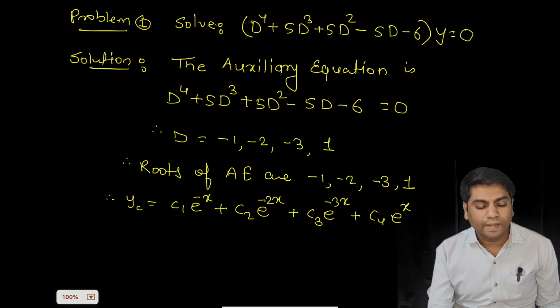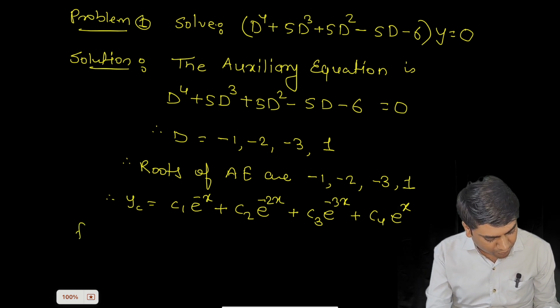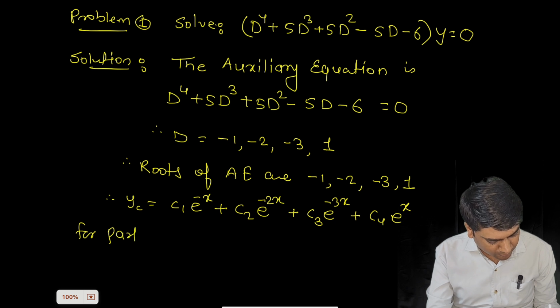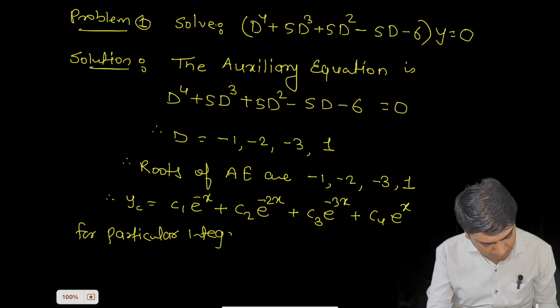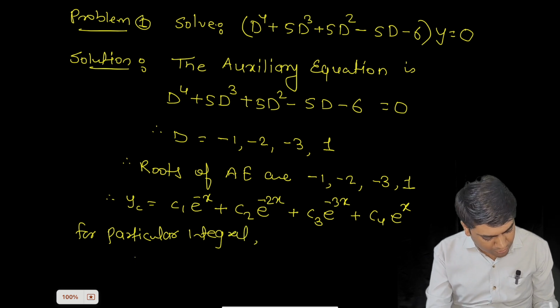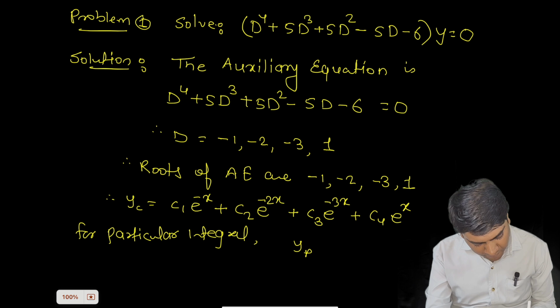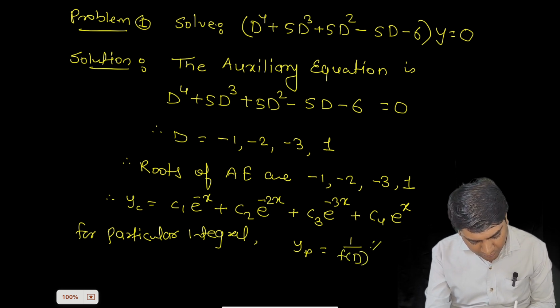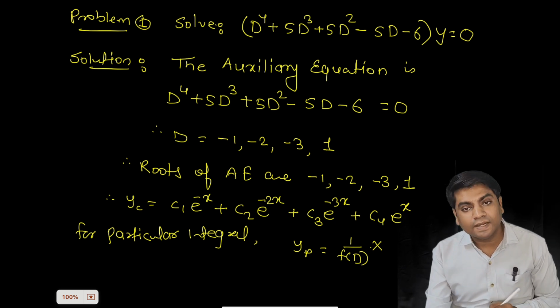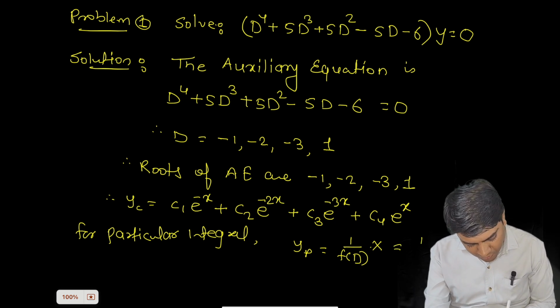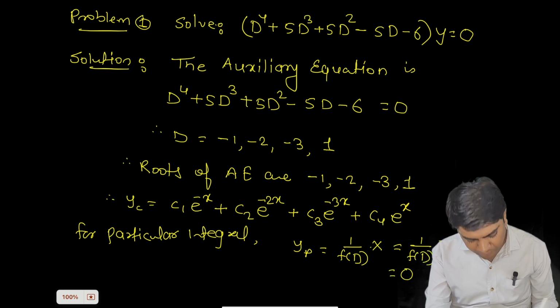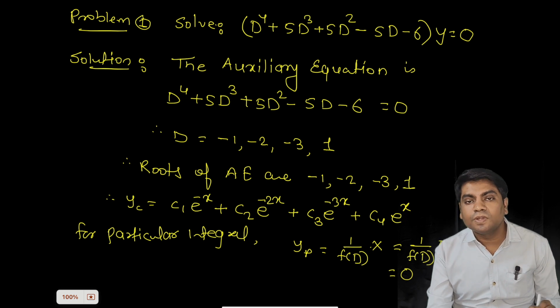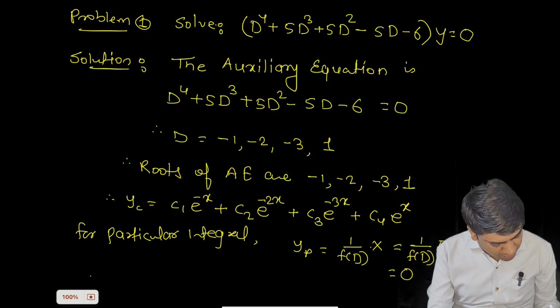Now we have to find particular integral. तो particular integral के लिए, okay, so yp is equal to 1 upon f of d into X, and here see on the right hand side X is equal to 0, so which is equal to 1 upon f of d into 0, which is equal to 0. So इस क्वेश्चन में पर्टिकुलर इंटीग्रल की वैल्यू 0,